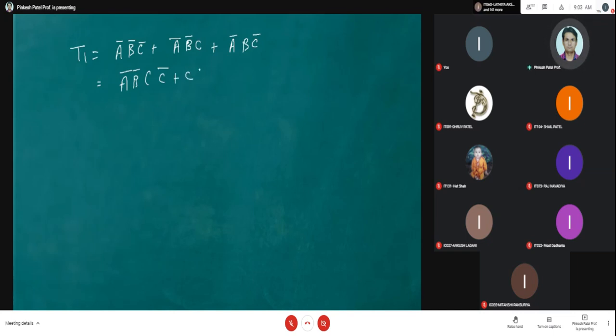That will give you C plus C bar, which is of course 1. Now you can realize it as A bar B bar plus A bar B C bar. Now from these two terms, once again you make A bar common, so B bar plus B C bar.